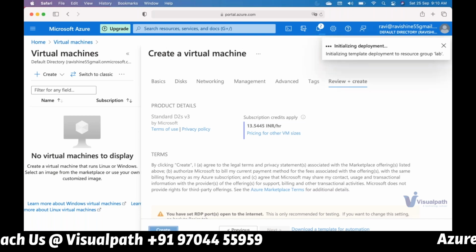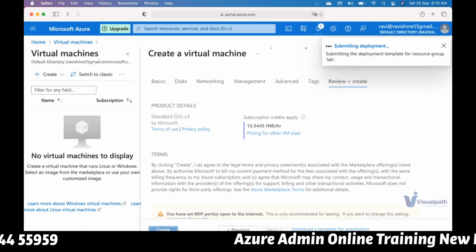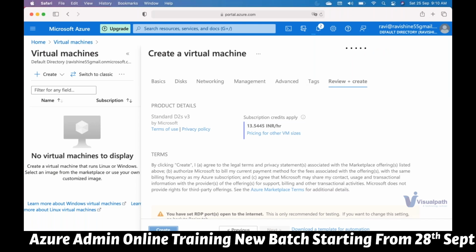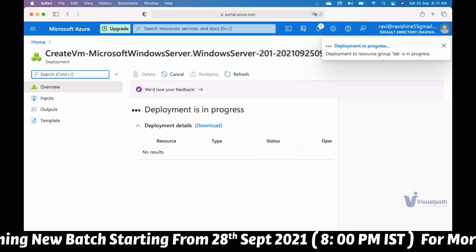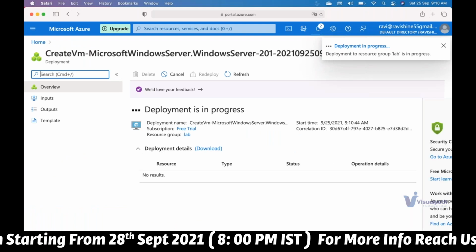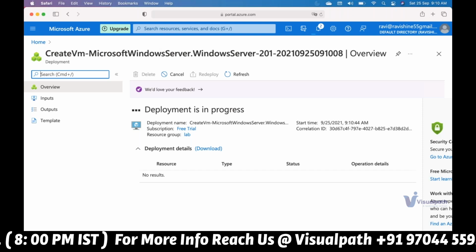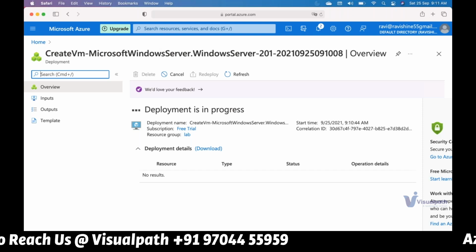That's why I told you that you don't require any expertise in virtualization or network or something. But if you know, that's also well and good. Here we are managing through software, which means we can say SDDC, or software defined data center. That's what I was trying to tell you earlier. So this is how you will be deploying one service. Here we have deployed one infrastructure as a service.